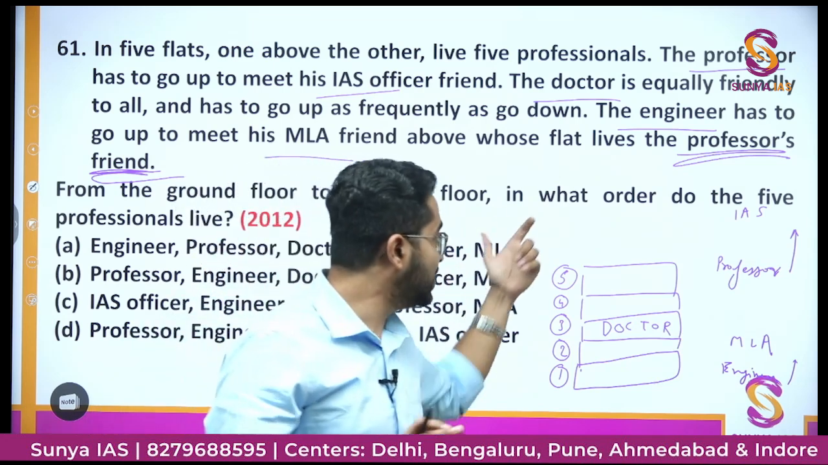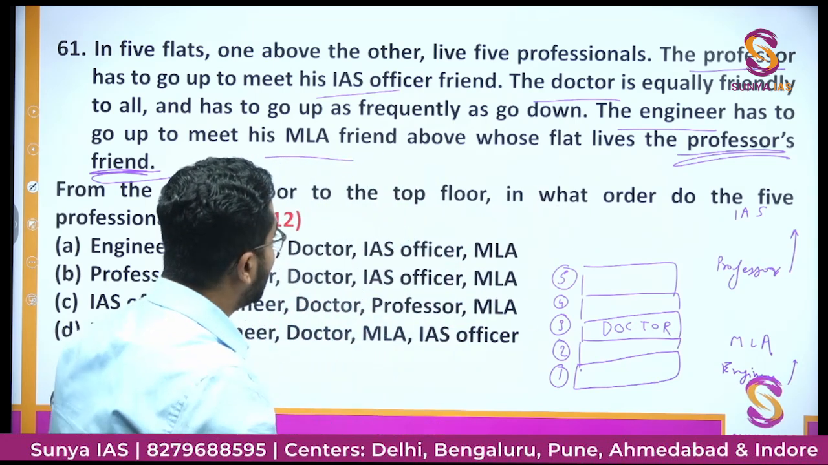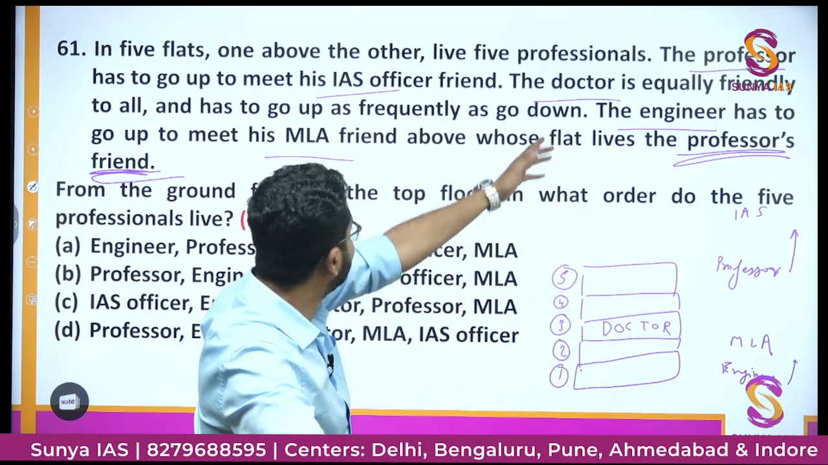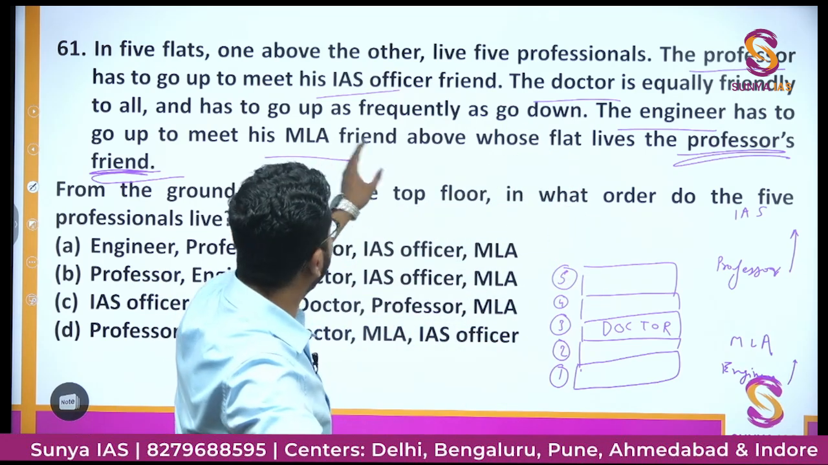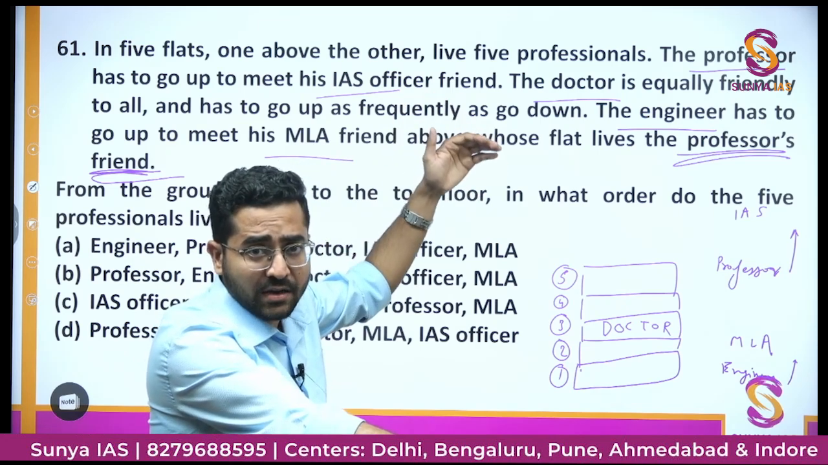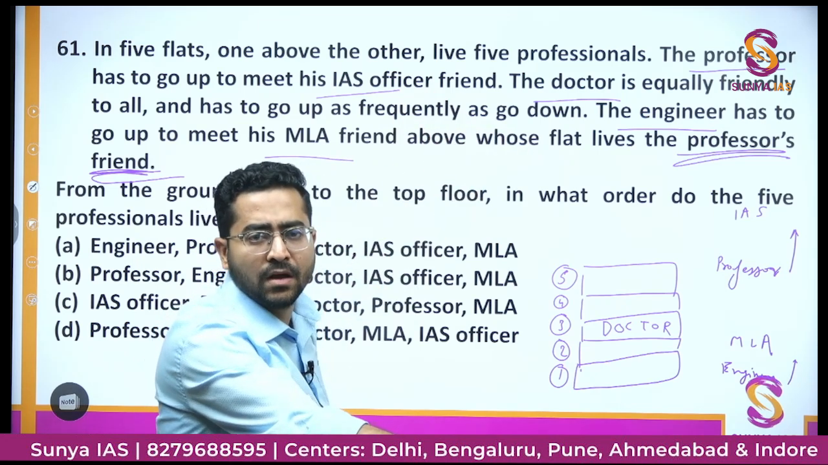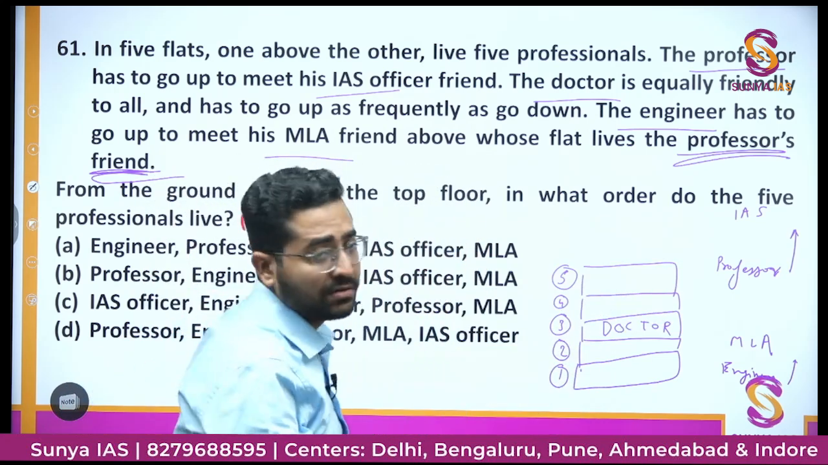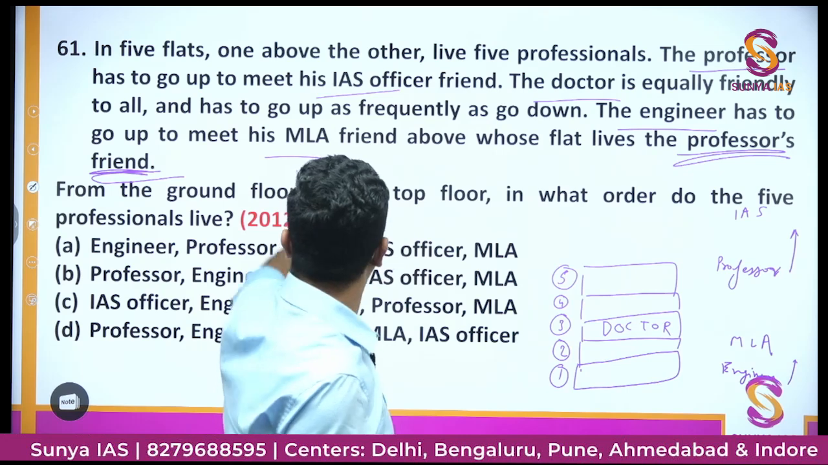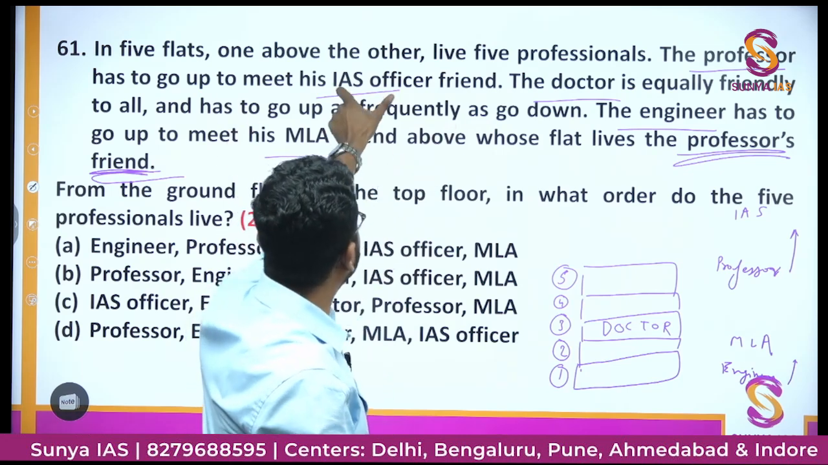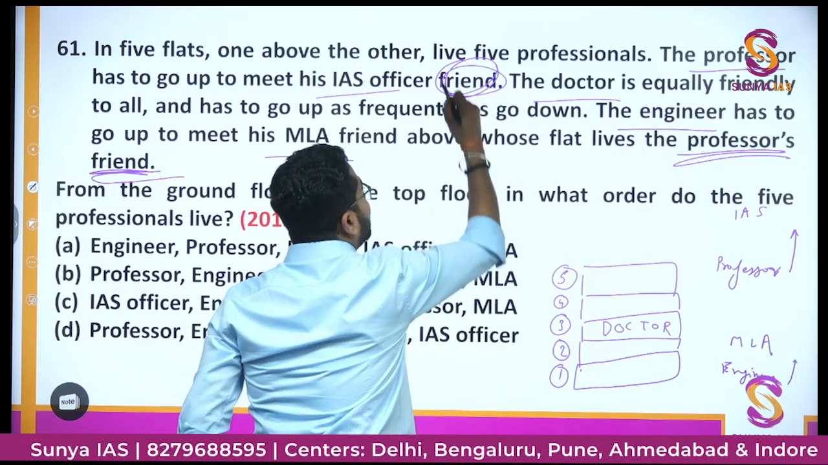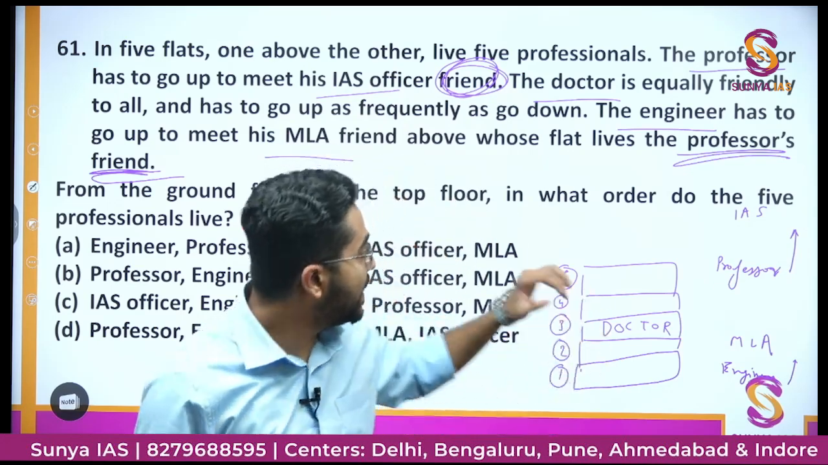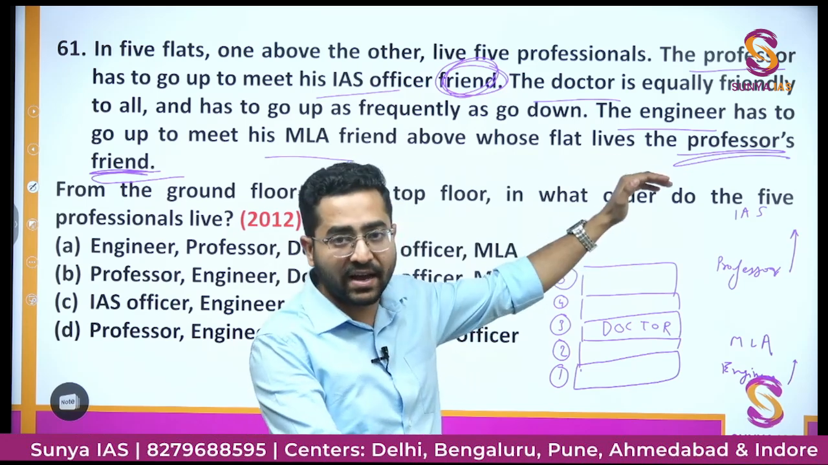When I was viewing this question for the first time, I solved this question taking that professor. The MLA is going upstairs to meet his friend, above the flat of MLA is professor. But no, this is not right. It is written professor's friend. The professor's friend here is, in the first line it is written, IAS officer friend. This term is important. You need to find that above MLA, IAS is living,